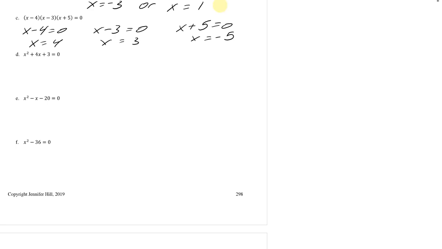Okay, so now let's extend this to actual factoring. These next three I have to factor. I'll do this next one with you. So I've got x squared plus 4x plus 3. How does that factor? So I've got x times x, and two things that multiply to 3 but add to 4, so that would be 3 and 1. Now look at this, right? Now that I've set this up, this looks just like what I was doing before. So now I just have to find the two places where